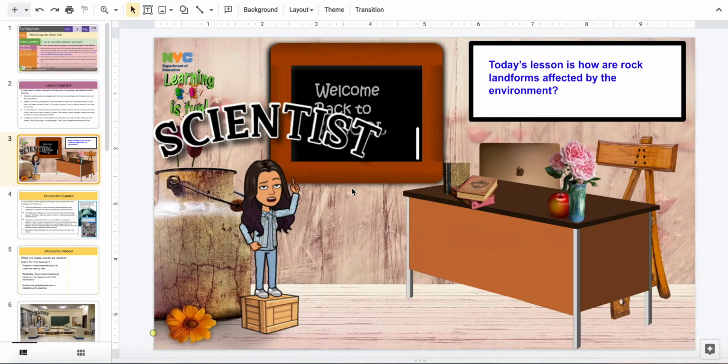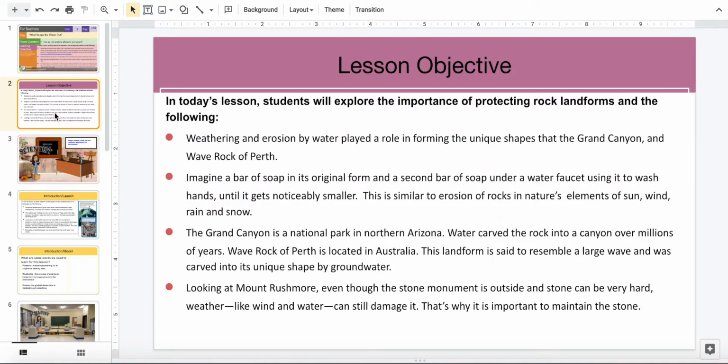Today's lesson is how are rock landforms affected by the environment? In today's lesson, you're going to explore the following. Weathering and erosion by water play a role in forming the unique shapes that the Grand Canyon and the Wave Rock